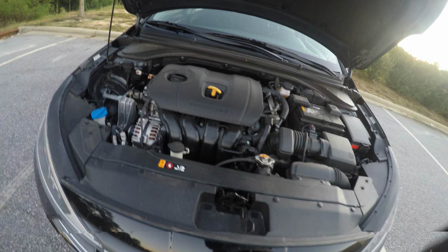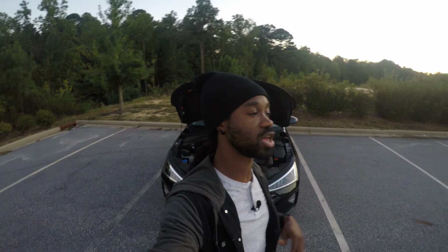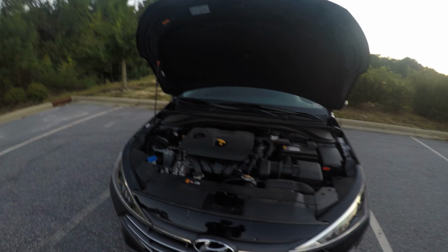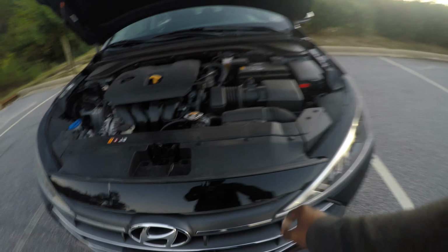I say the biggest thing to installing the grill is, I would say do it with 2 people. And I say do it with 2 people because, as you guys know from my previous videos when I talked about the modification I did to my Hyundai Elantra, I cracked my bumper cover up here, literally in the same spot, and I cracked my bumper cover down here. And I did that because the clips that hold your grill in are so strong. I broke nails, I scraped my hands. They are so strong that